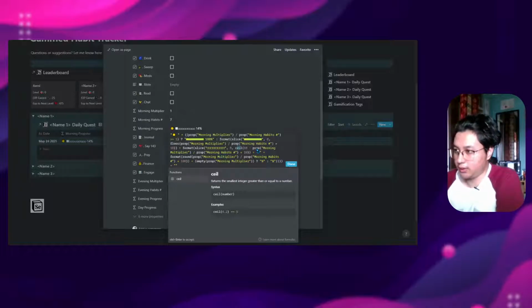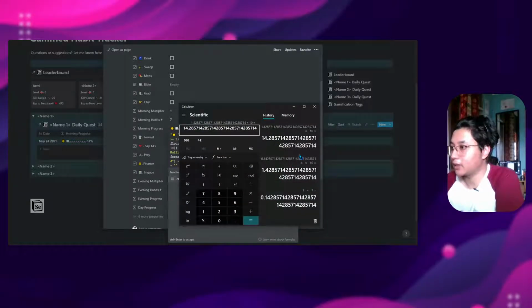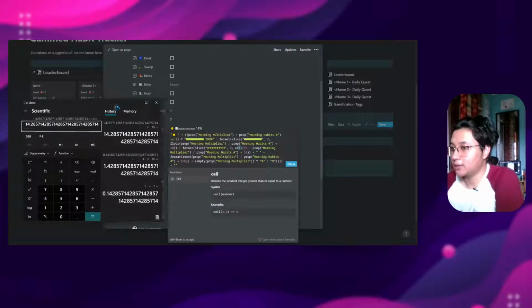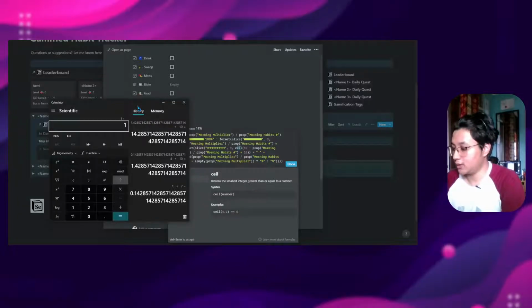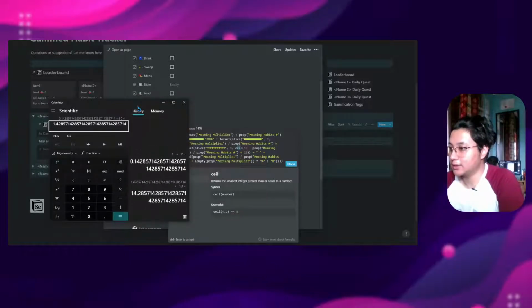Wait, ceil is increasing the number, I guess. I have to show you what I mean. That is 1 divided by 7 times 10, which is 1.4, and 10 minus